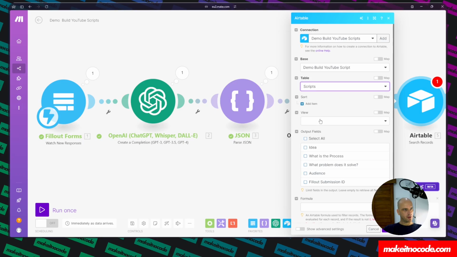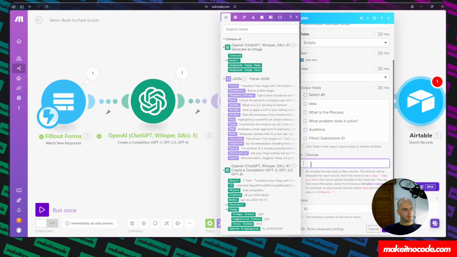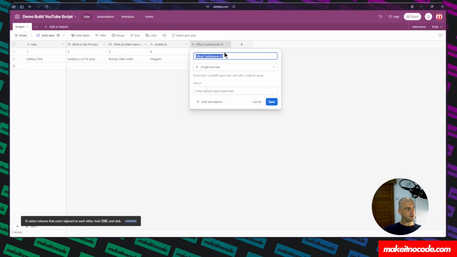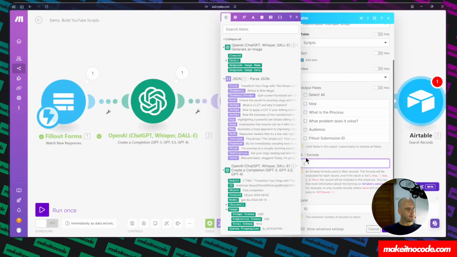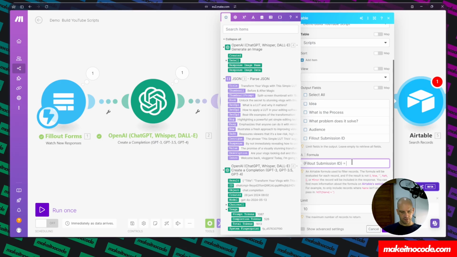And now the formula we want to use is, you can see here it's got the examples. So what you need is a curly bracket, and we'll go over to our fill out, and we're going to copy the name of this field. So paste that back in our formula. Close off the curly bracket. We'll use the equal sign. If you can see, I'm following this down here, but instead of using not, we're using this. And then if it equals,